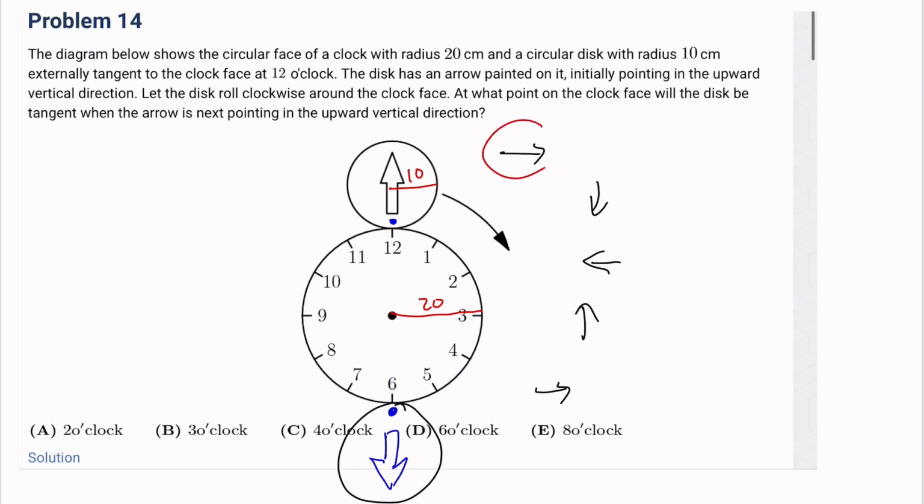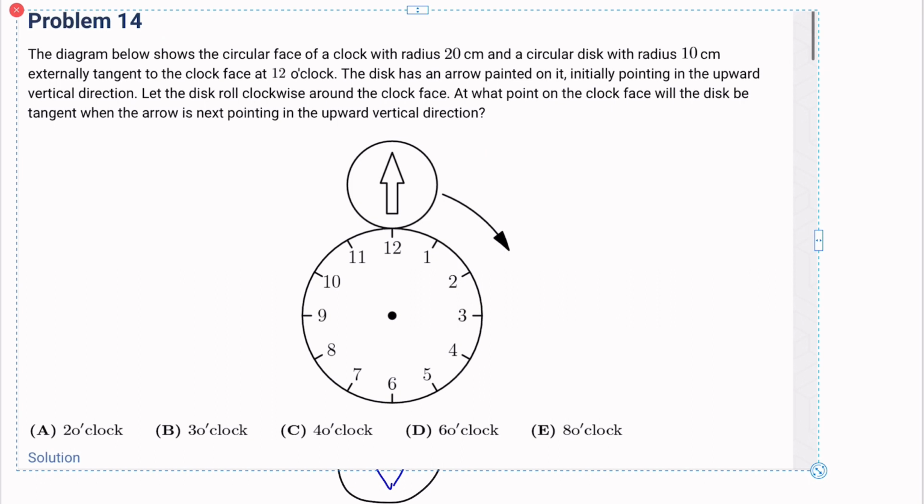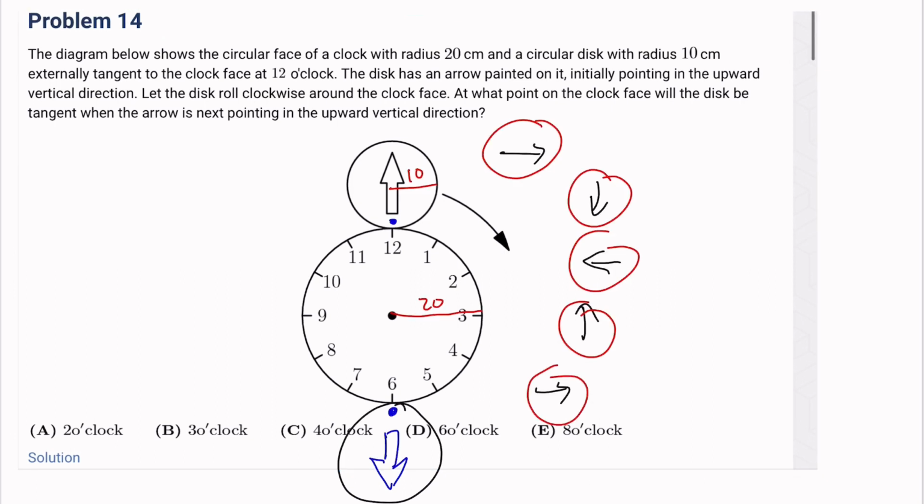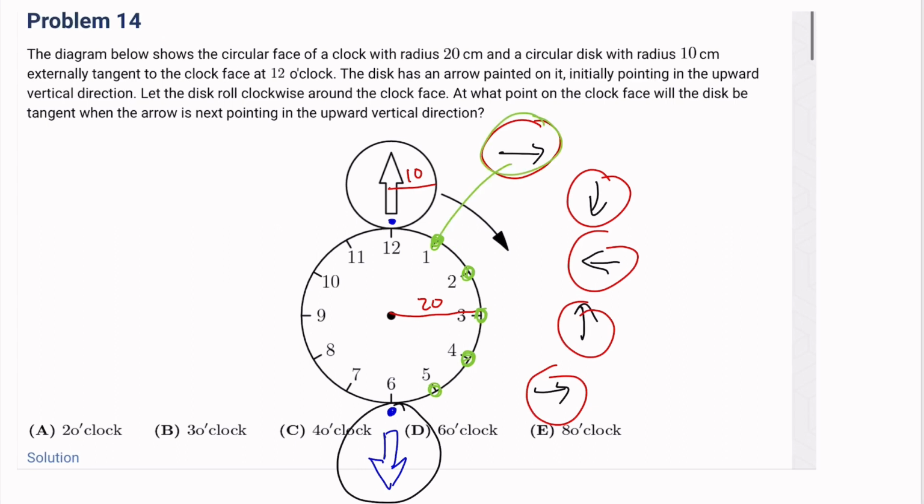And so we can see that there are 5 of these phases that the disk has gone through, right? But then we see that there are also 5 points on the clock face that are equidistant, and all of these have the same time between them to complete, right? Because it's all 90-degree rotations. And so each of those points on the clock face is equal to each state that this is in, right? And so